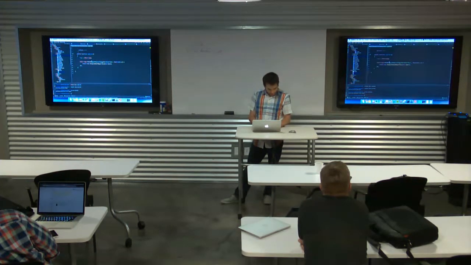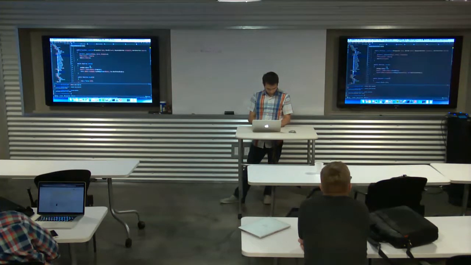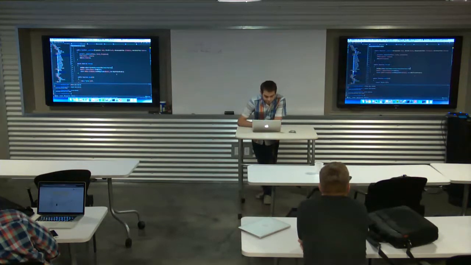Using app make, I'm going to manually request an instance of that and dump it and see if